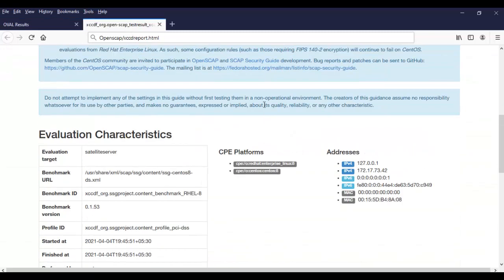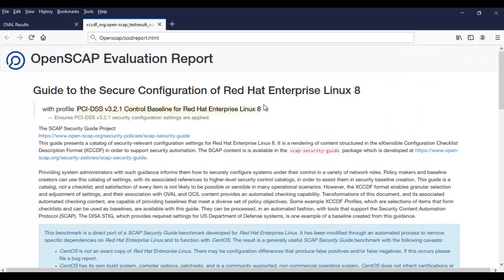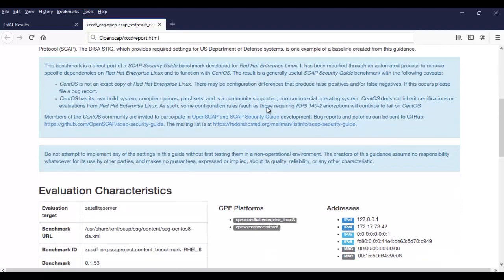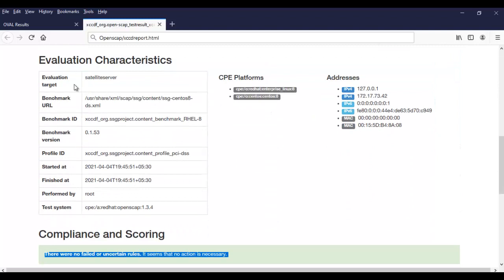So friends, here is the XCCDF report. In this report, see here the target server name is satellite server and the target IP address is 172.17.73.42.